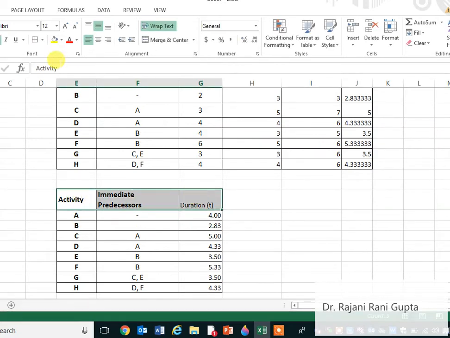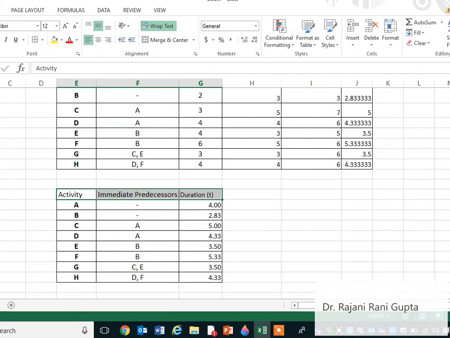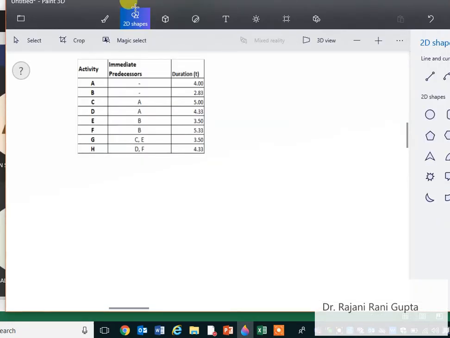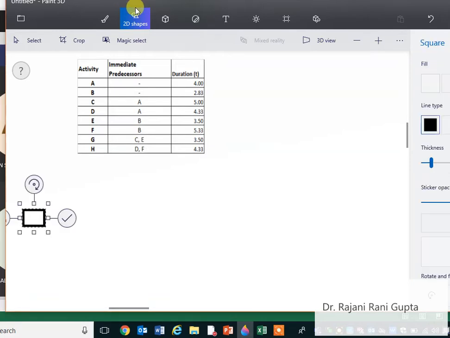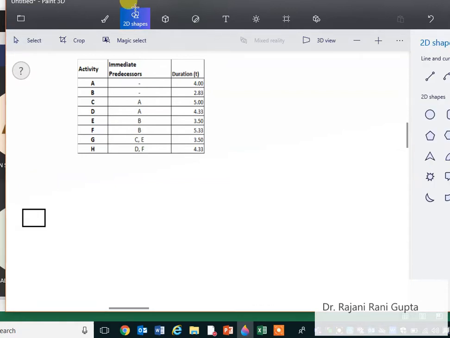And now we will draw the network diagram. Okay, so when we draw the network diagram for this, what we can see, activities A and B don't have any preceding activity. It means these are the activities to be started at the beginning. Okay, so let this be start. Okay, and then we have activity A here. I will make a big bracket because then we have to calculate early start and early finish also. Activity A, and this will be activity B.